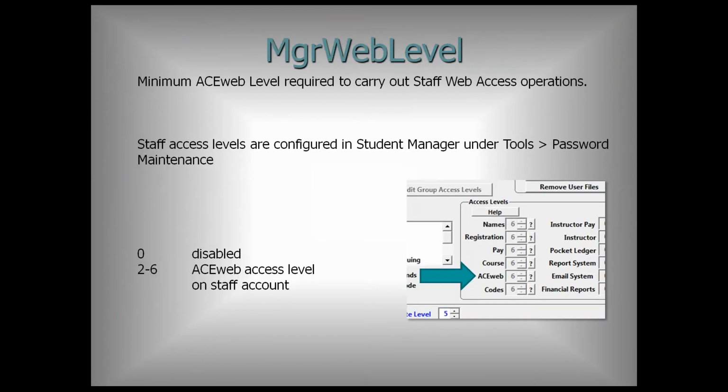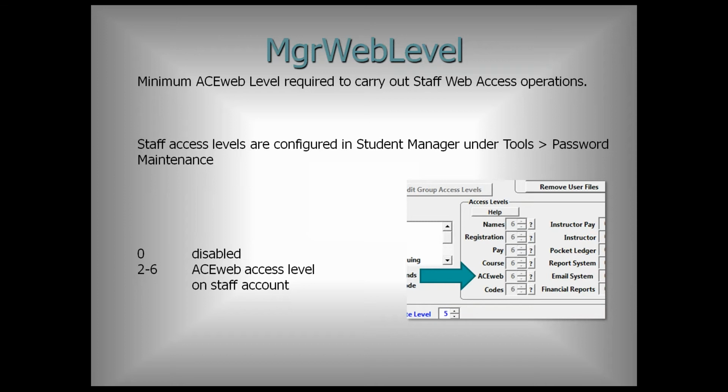So the first one, Manager Web Level. This is the INI setting for Manager Web Level, and essentially all it does is set the minimum level in the ACEweb access area for your staff members to be able to perform these Manager Web operations. So again, this is done under password maintenance. If you're in Student Manager, you click Tools, click Password Maintenance, and then click Find whichever user you want to modify,